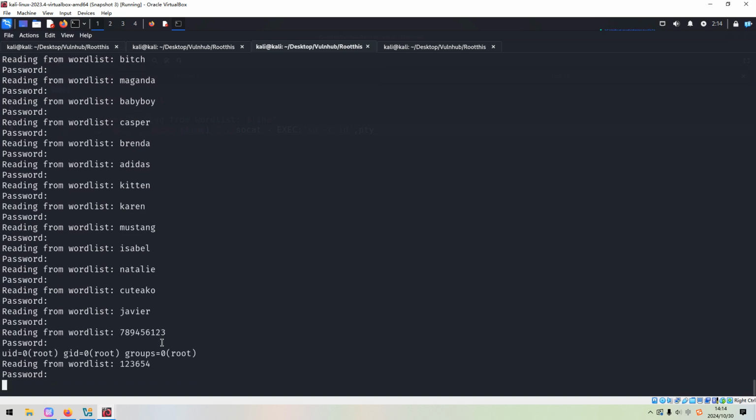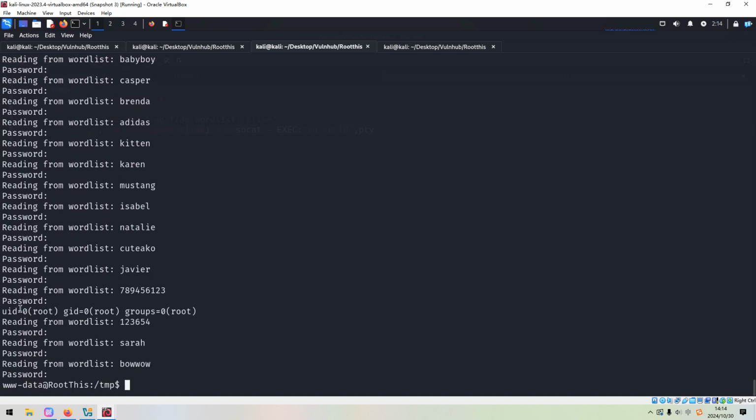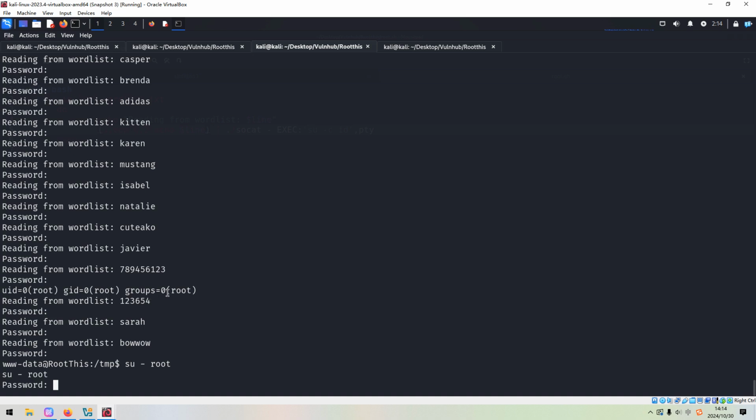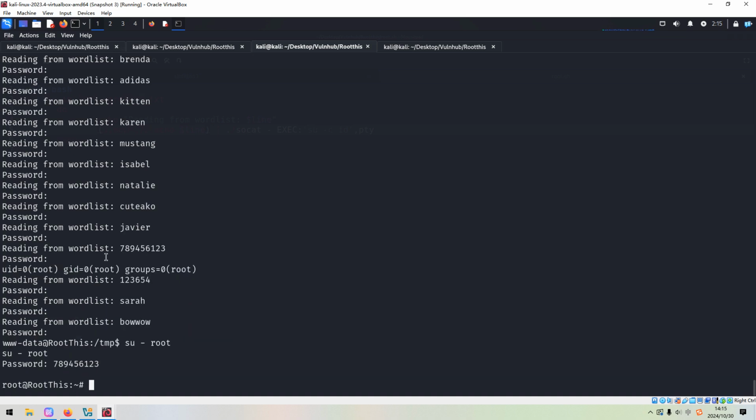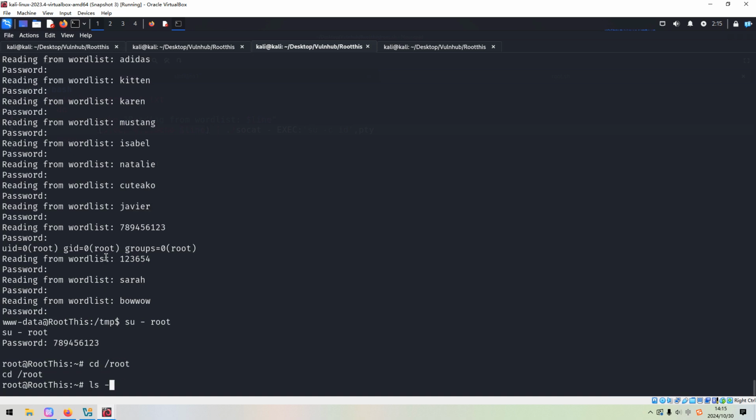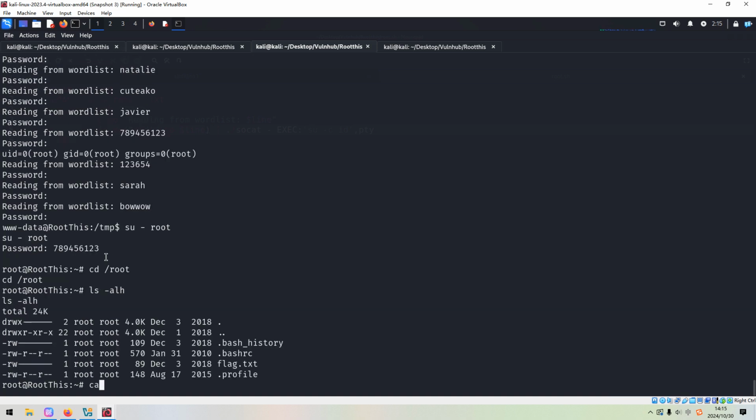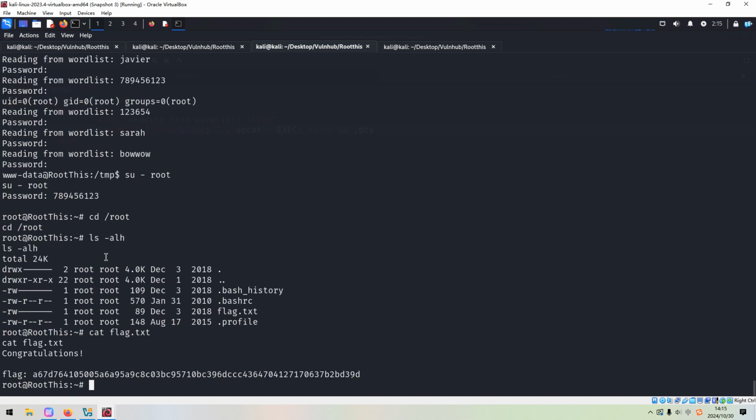And honestly, I think we have already got the output of the id command. It means that this password indeed is correct. So then we can use this password to switch to the root user or superuser. As you can see, it does work. Now we can navigate to the root directory to grab the flag here.